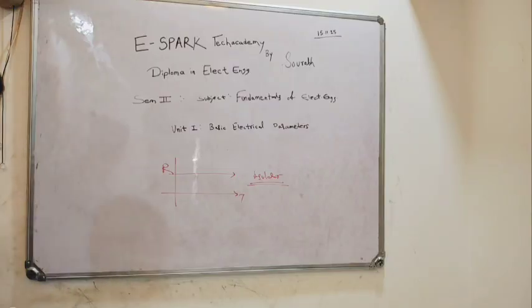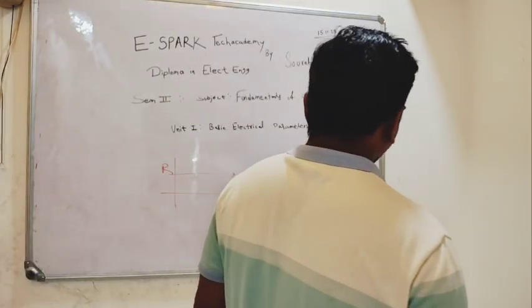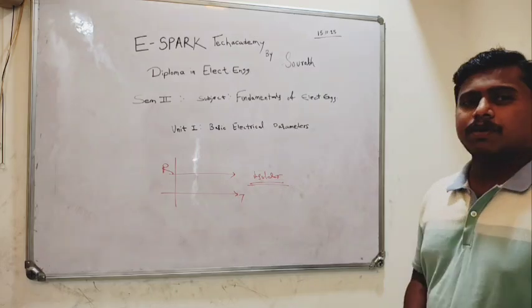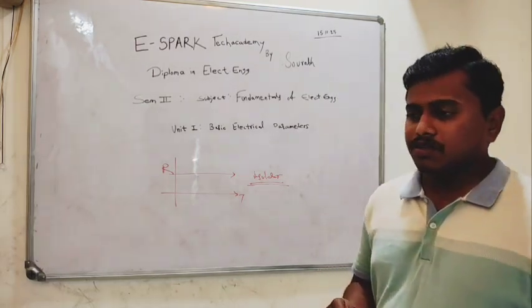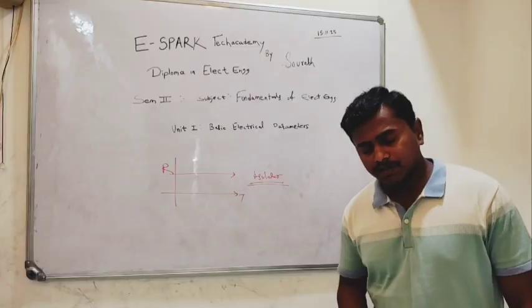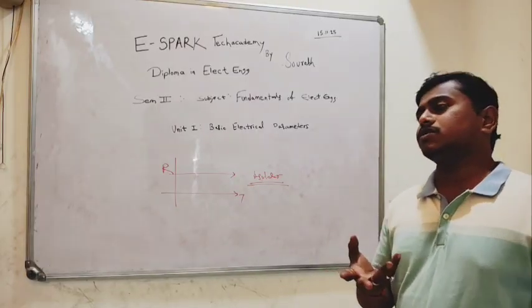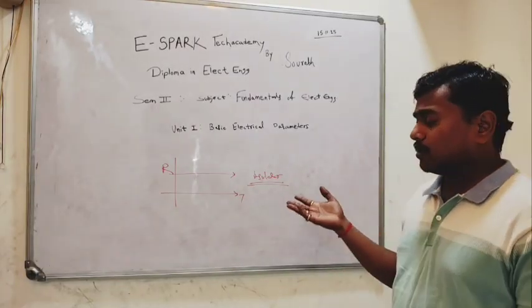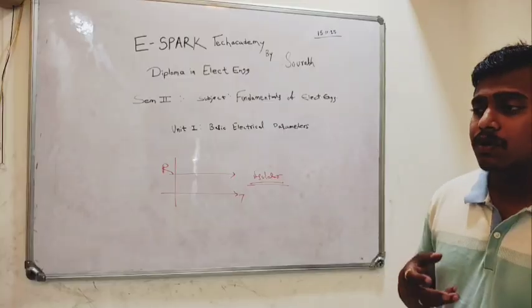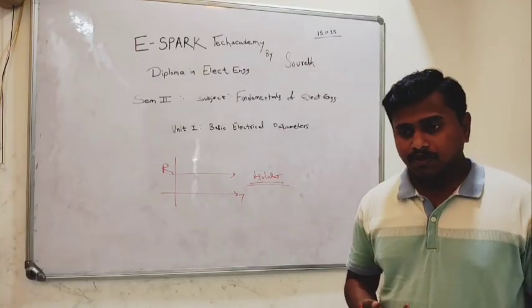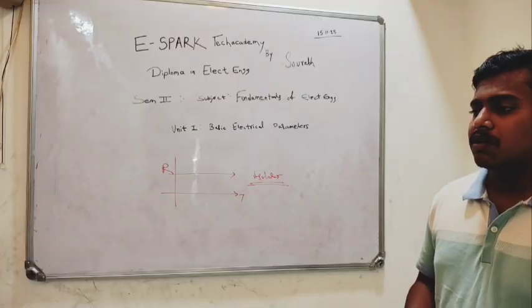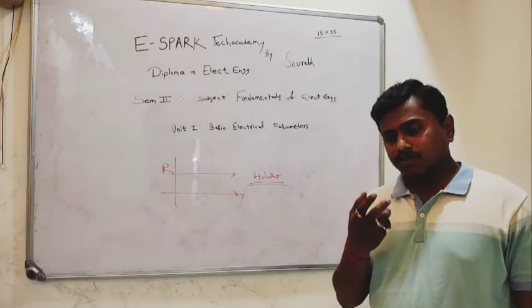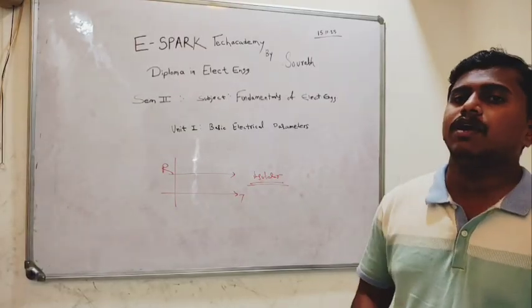Now we will be dealing with types of resistors. What are the types of resistors? There are fixed resistor systems, there are variable resistor systems, and there are some systems where the resistance changes with respect to light, and even through thermal power the resistance changes. With the help of light also the resistance